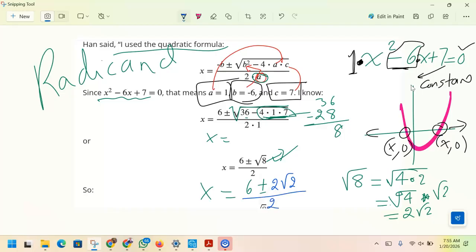And you can see if you want, you can separate this, which is 6 over 2. So separate the denominator to both. And then the 2 crosses out. So 2 crosses out, and this 2 divides 6 three times. So your final answer is x equals 3 plus or minus root 2, which are the two separate answers, one with the plus